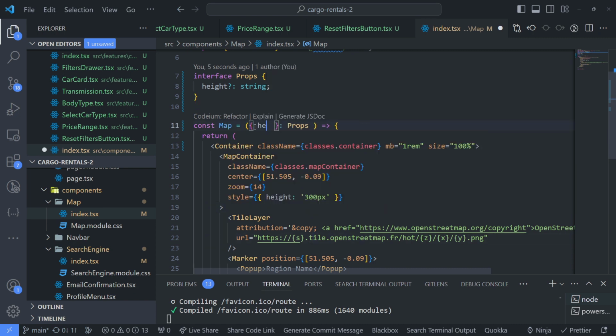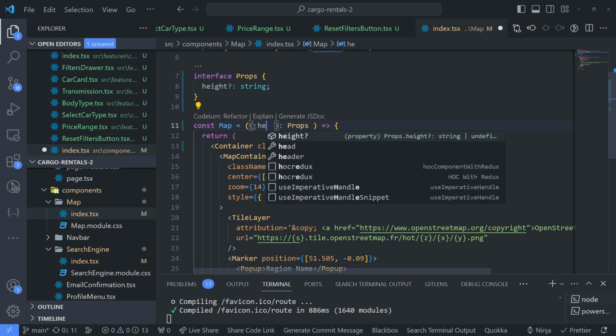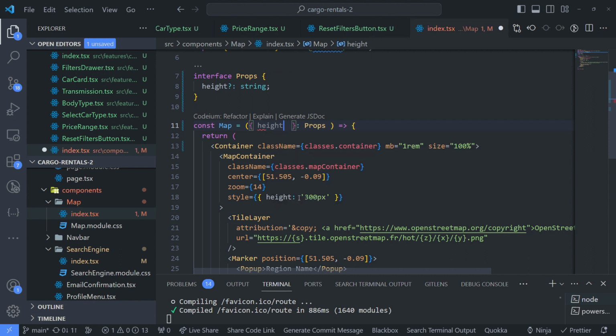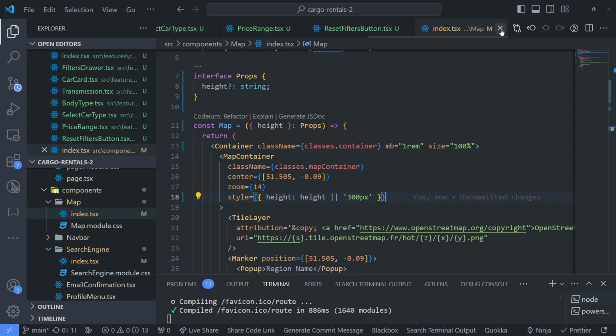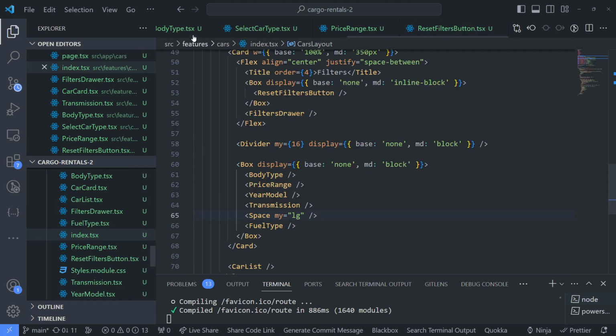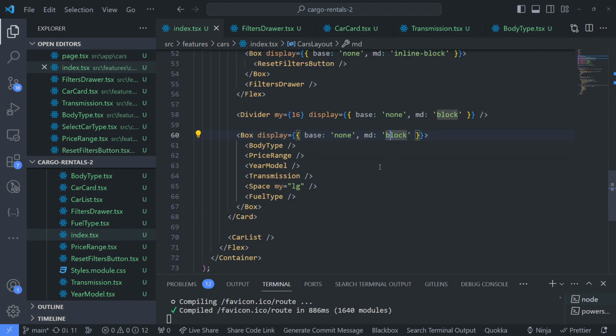So height, so it's going to be this height, or if we don't pass any height, then take the 300 pixels, right? Cool. So once we do this, we can come back to this component,